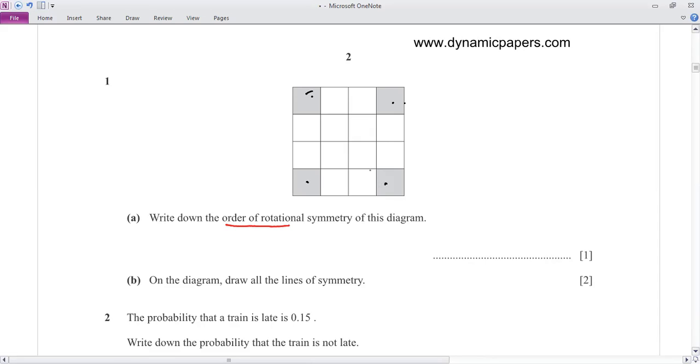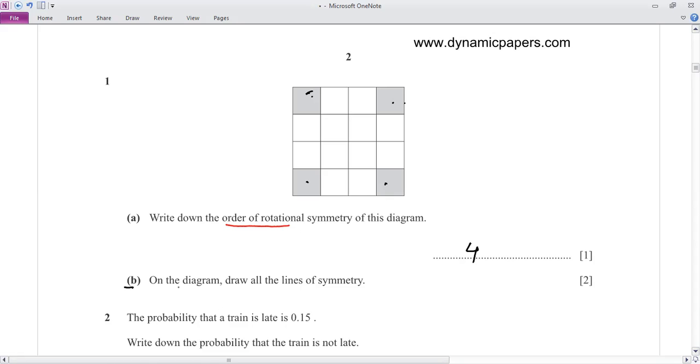Then if you rotate through 180 degrees, initially this corner will shift here. So rotating through a complete 360 degrees, this shape will take the same shape, a similar shape. If you see, it will get the same shape 4 times. So we will say the order of rotational symmetry for this shape is 4, meaning rotating it through 360 degrees, this shape will get the similar shape 4 times.